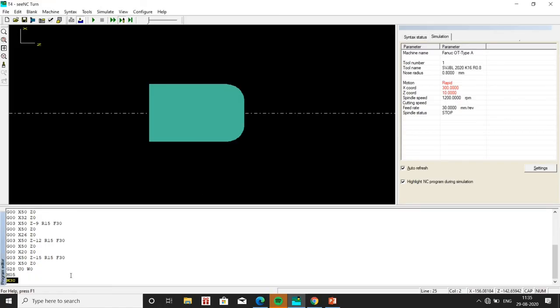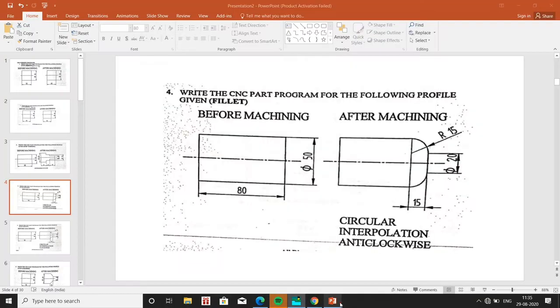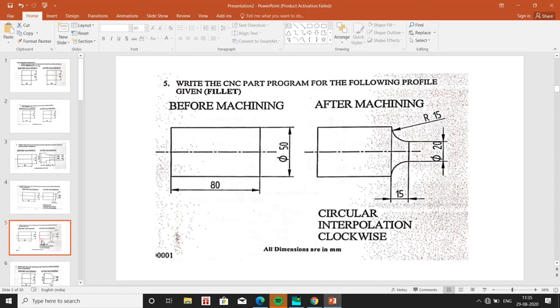So let us now go to the next problem, that is also a fillet. So here we can see that everything remains same, but instead of anti-clockwise interpolation, here we will be performing clockwise interpolation. So for that we have to make a small change in the program.